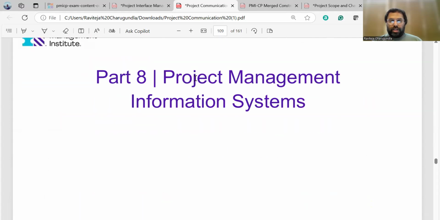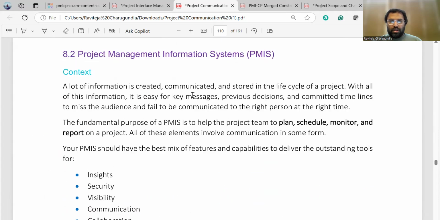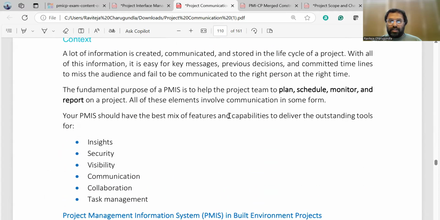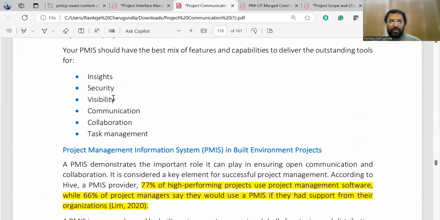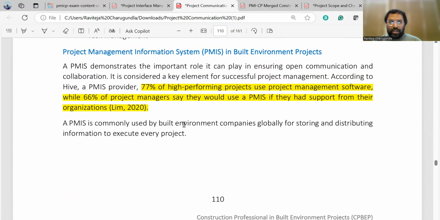And project management information systems. So the PMIS helps the team to plan, schedule, monitor, and report. And these are a few PMIS features: insights, security, visibility, communication, collaboration, and task management. And if you see here, the PMIS provider, like